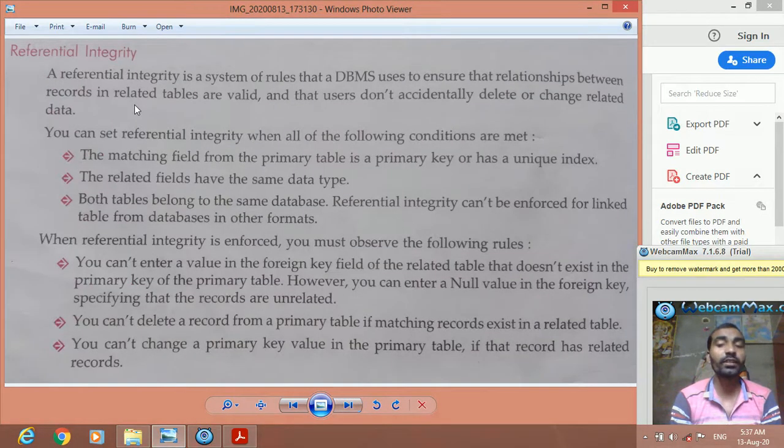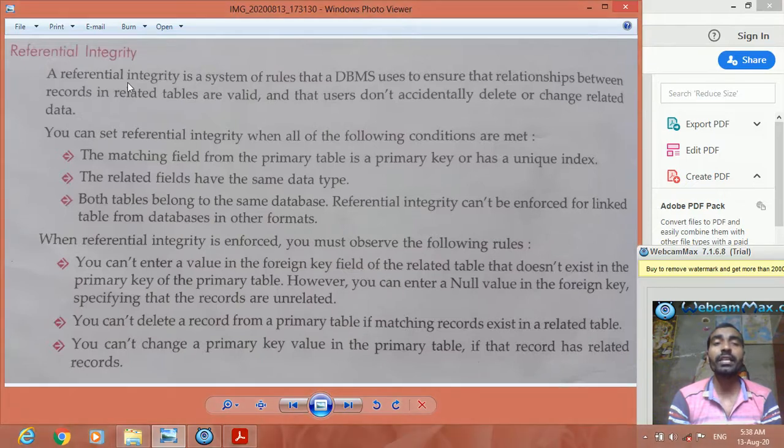So these were the different terms used in the relational data model. Now we have another term, that is referential integrity. If you remember, in classes 8, 9 and 10, you had established relationships among the tables. The relationship which you established in MS Access is referred to here as referential integrity.